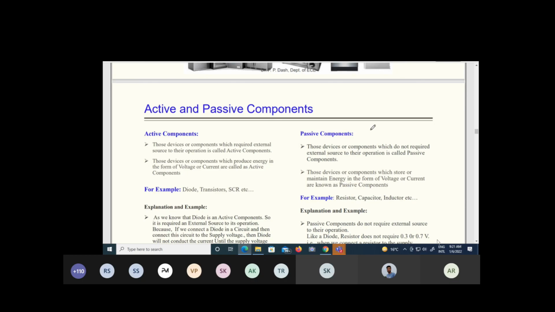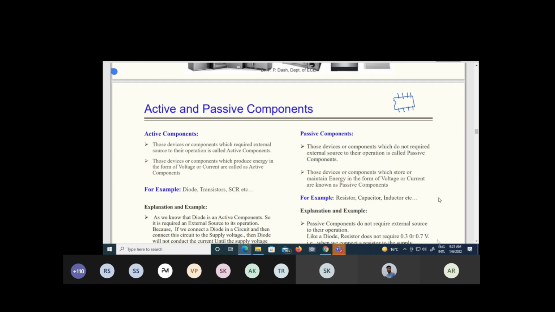Like if you want to add two signals, subtract two signals, multiply two signals, or take the logarithm of a signal, all these operations can be performed through an operational amplifier. So it is available in a compact form in an IC structure. This op-amp is an 8-pin IC, a small IC, which is available in the lab for various experiments. We will use that, so we can consider the op-amp as a component also.